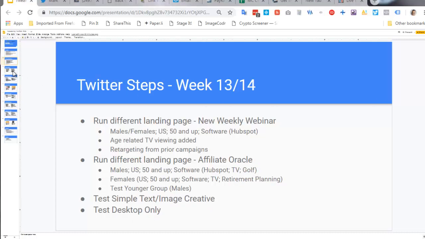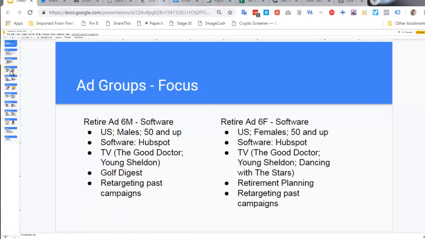So how does that look in results? Well, first of all, this is the changing profile when I talk about refining targeting. This is the original profile. I now have two groups, males and females, and the lead concept is software, people who follow HubSpot. No change here: males, females, 50 and up. Software HubSpot is the same on both sides.